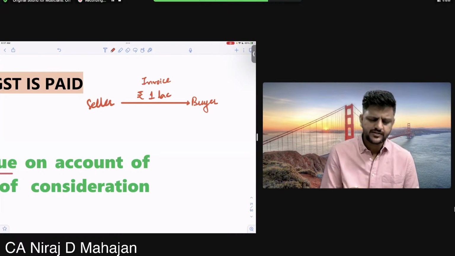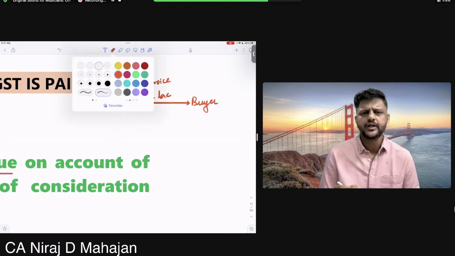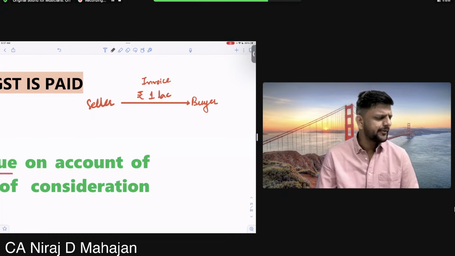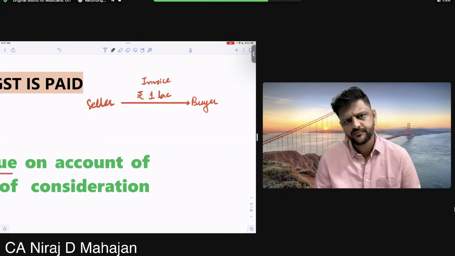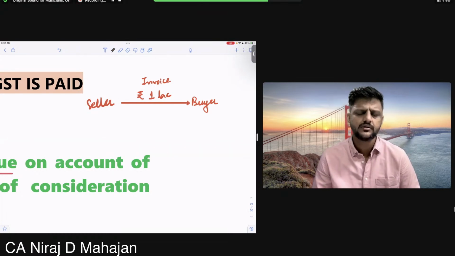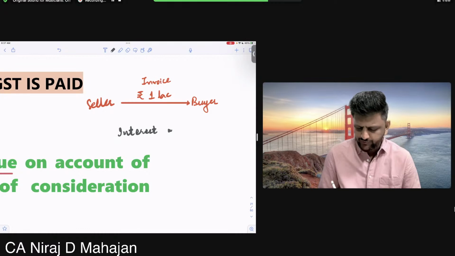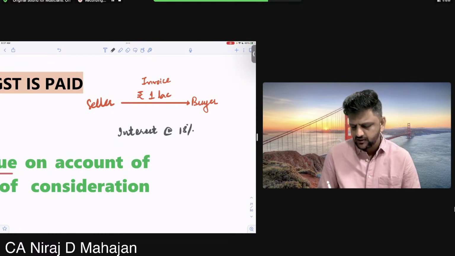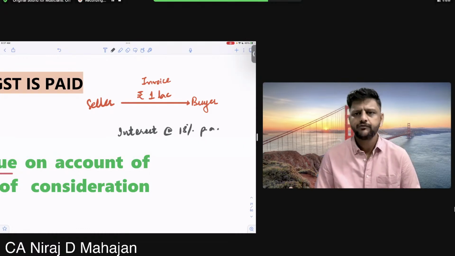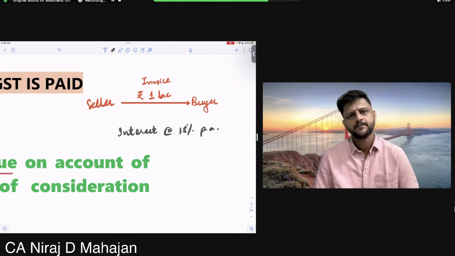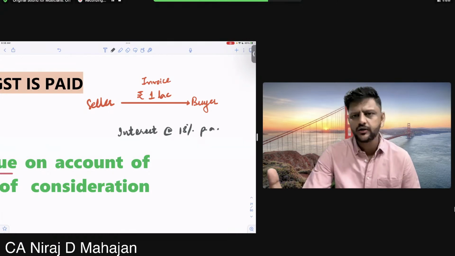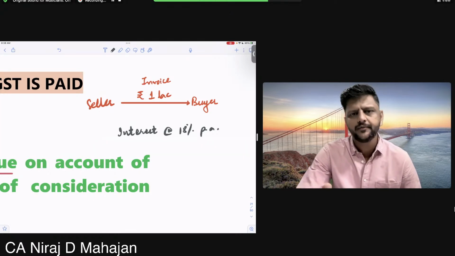And even if there is a credit sale, I have a clear-cut mention on the invoice, and that is the general practice, that payment needs to be done within 60 days. Again, case to case basis. If not done, then pay attention. Interest at the rate of 18% per annum will be applicable from the next day of the due date. Are you getting my point or no, everybody? Now 60 days as it is, bachcho, is your credit period.